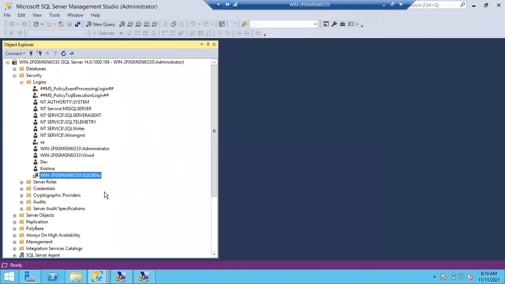That's it. Now, whoever is in this group can connect to my SQL Server, guys. If 100 members are there in this group, 100 people can connect to my SQL Server. See how much time I am going to save. If I want to create 100 logins in the SQL Server, it will take a lot of time. Simply, I created a group account at the Windows level, then I just added that group in the SQL Server.